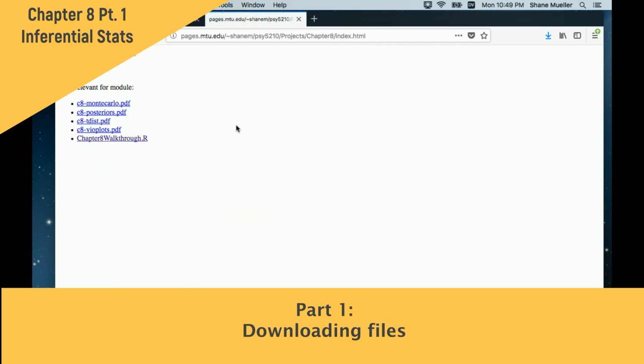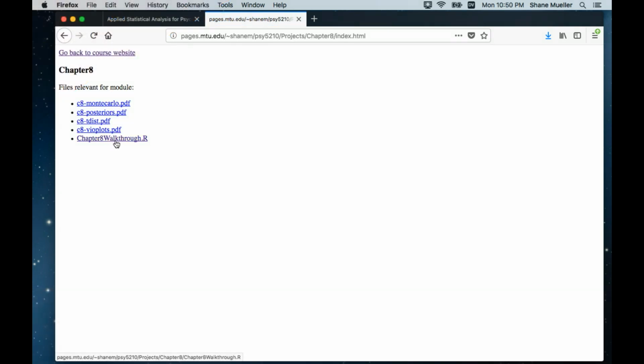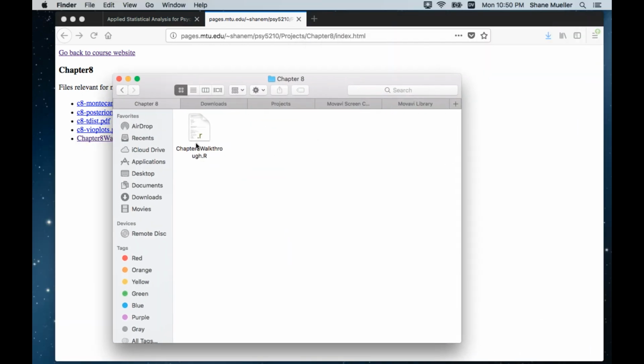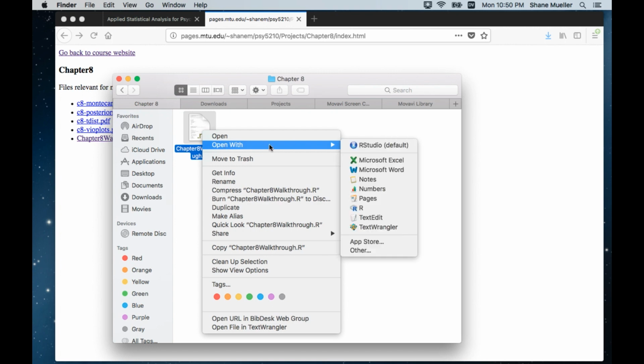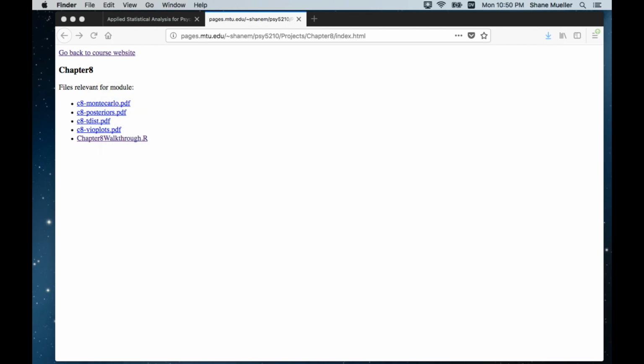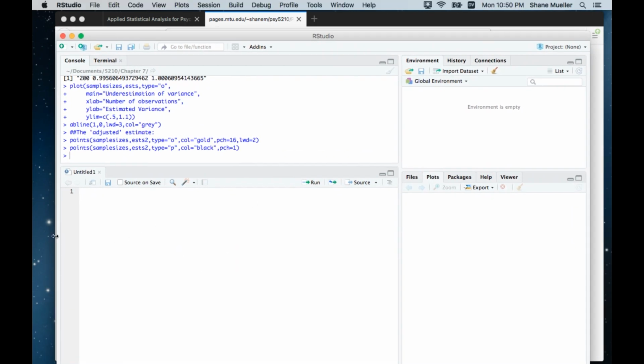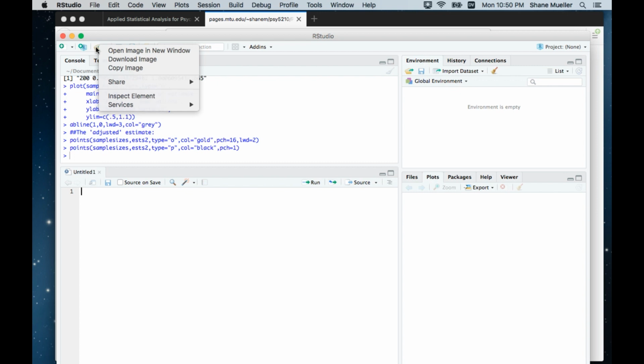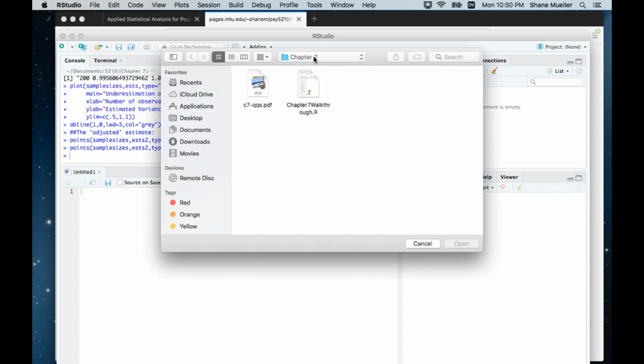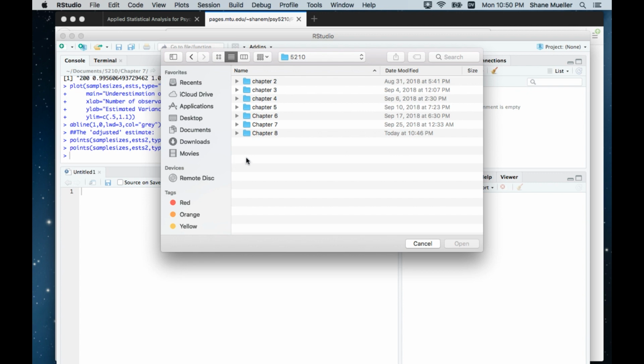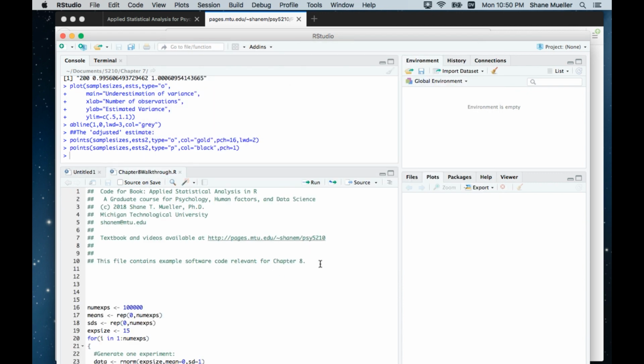If you follow this link, you're going to probably want to download this file, Chapter 8 walkthrough, and put it somewhere convenient. You can right click and save as. I have moved it to a whole folder called Chapter 8 where I can edit it and work on it. And you just want to make sure you can open this in RStudio. I have R open. Let me navigate to where it is and open it. Okay, so